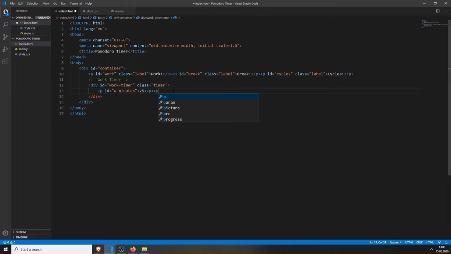Then we will create another p tag with the class semicolon. This is just for the semicolon, so it looks a little bit cleaner. Then we will create another p tag with the ID w_seconds and we will input 00 as the value. So then we can copy all of this,